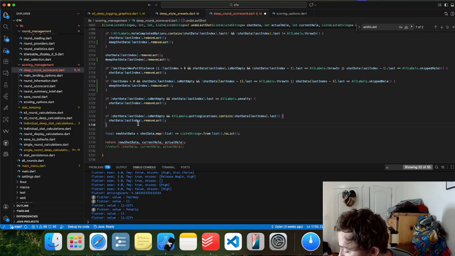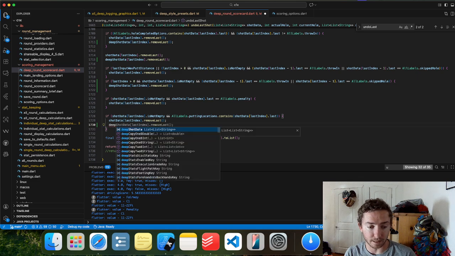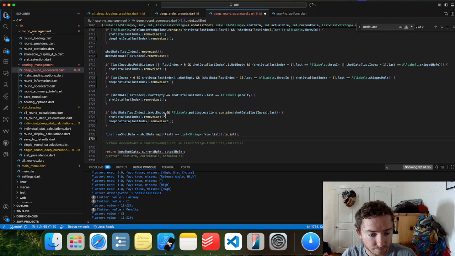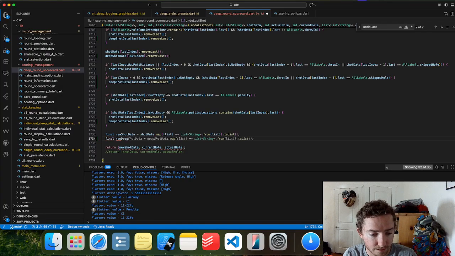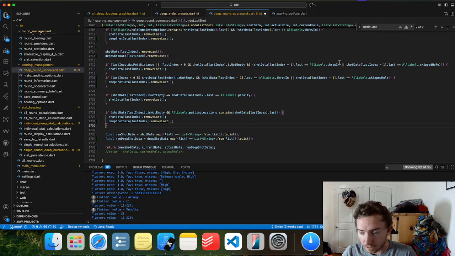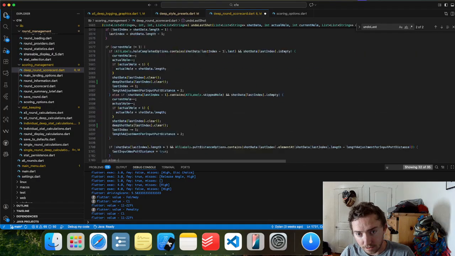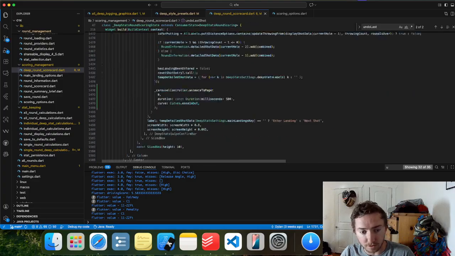I think that means I have to get rid of this one because C1 and C2 should be getting logged with, I think I do. Obviously, I'm going to test all of this. So we'll find out. New deep shot data is equal to deep shot data map, list string, comma, new deep shot data. All errors go away. We'll do a quick save, and then let's go up to the